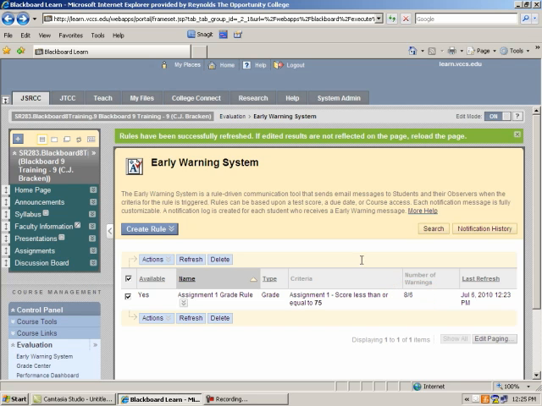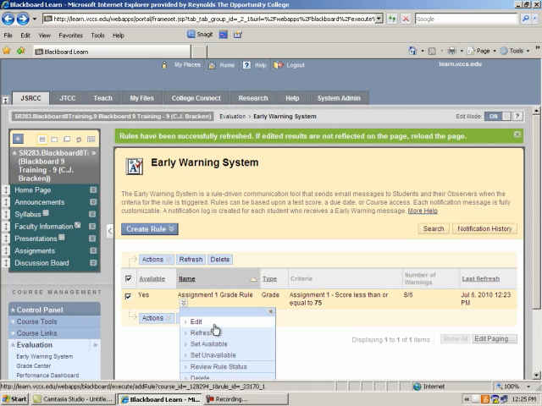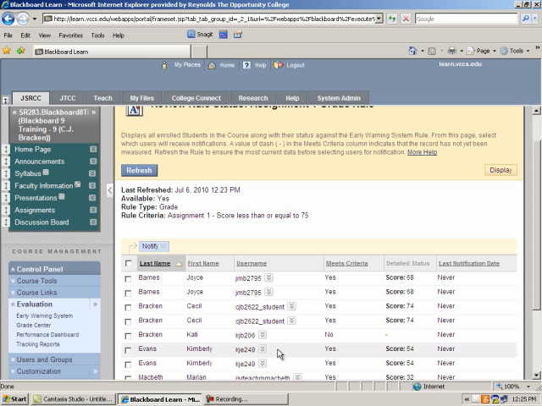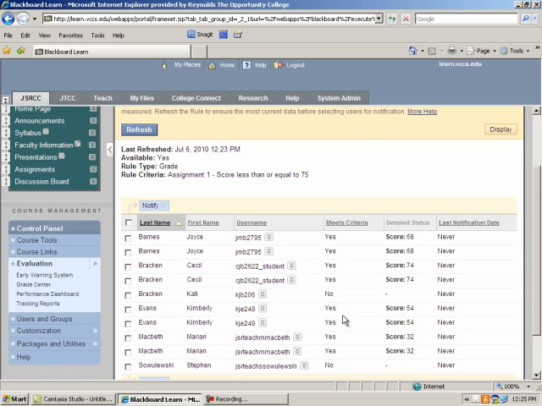In order to view the warning, I would simply click the chevron below the rule's name and then click on Review Rule Status. You will then see a listing of all your learners and whether each learner meets the criteria defined by the rule, as well as a detailed status for each learner meeting the rule's criteria. So here we can see that Joyce Barnes met the criteria established for the rule, meaning that she got a score equal to or less than a 75 on assignment 1,